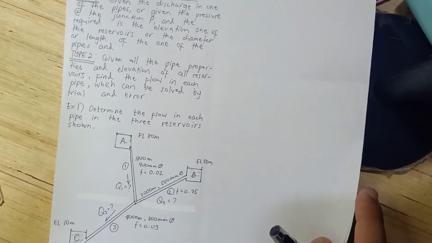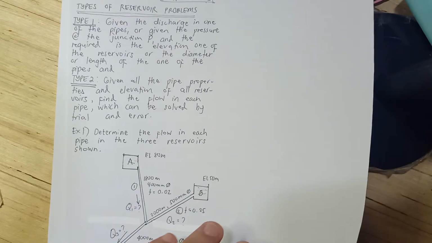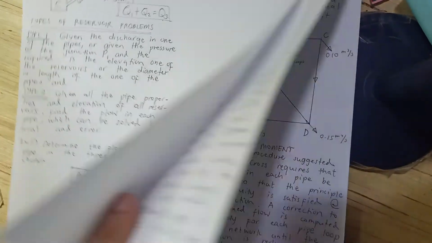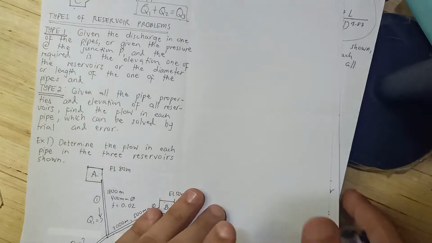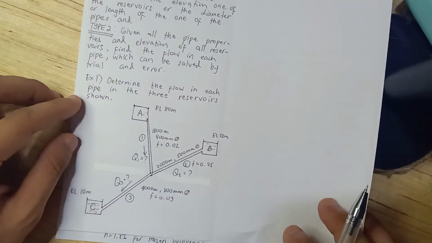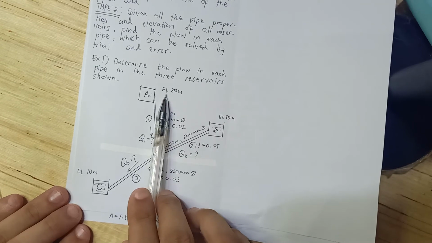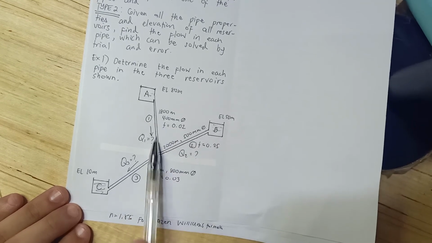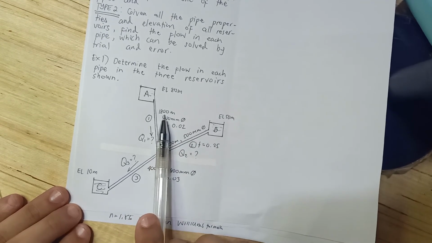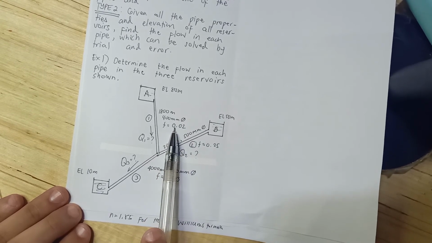Example number 1. So, medyo taas-taas jud ang reservoir problems. So, determine the flow in each pipe in the 3 reservoirs shown. So, reservoir A with elevation 80 meters. Ang iyang pipe is 1,800 meters. Ang diameter 400 millimeters. Ang fraction factor 0.02